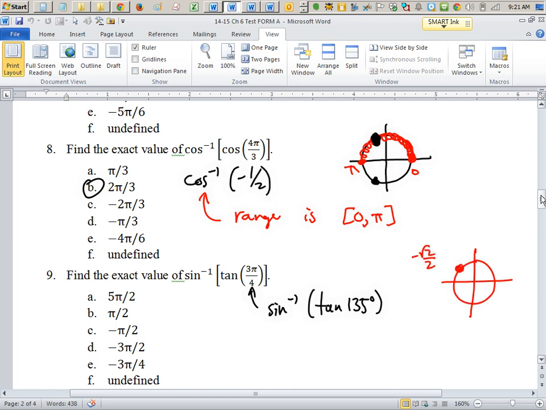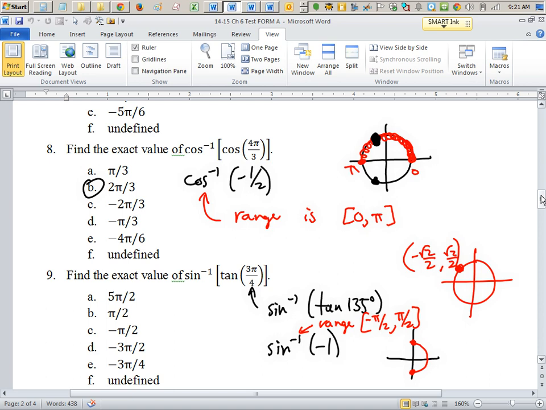But, you know, the coordinates on this point are equal and opposite. So tangent right there is actually -1. So this whole question boils down to what angle has a sine of -1? So you go back to the circle again. Only this time it's an arcsine question, which means it has a particular range. What is the range? -pi/2 to pi/2. So you have to look here for an angle whose sine is -1, which of course is